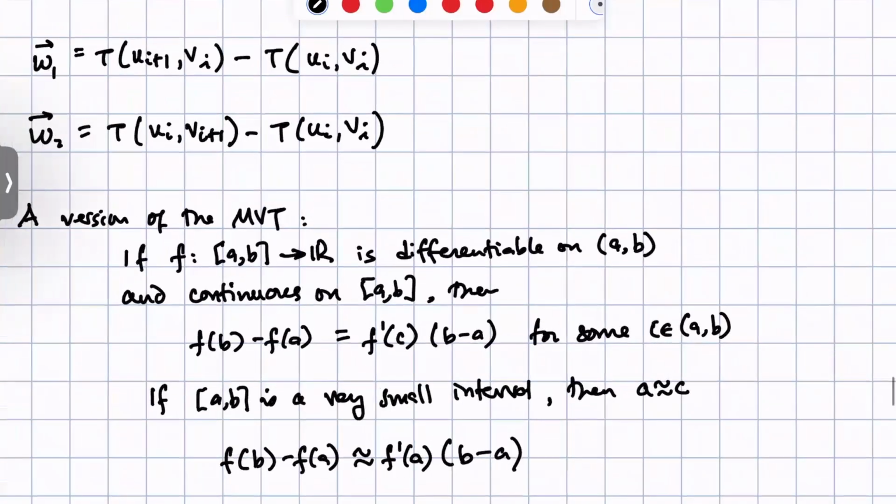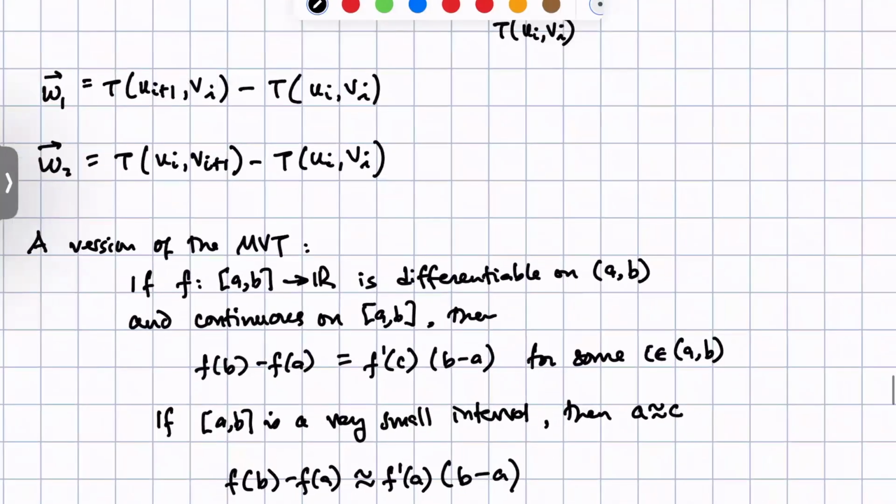So what's going on here? Here I have two coordinates, but we're stabilizing. This v is the same, so we're not going to worry about that. So this is essentially my a, and this is essentially my b. So this is approximately equal to Tu, which is the derivative in u of ui vi. So that's this piece right here, the derivative,